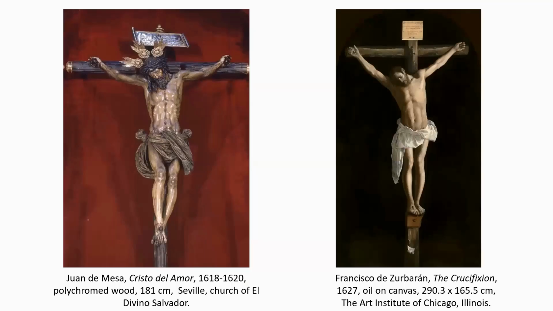Shall we move to our next set, which are also Spanish, and one is also by Zurbarán. So here we've compared a sculpture by Juan de Mesa, who was a 17th century Sevillian sculptor, and Zurbarán, who was also working in Seville at the same time and had no doubt seen Juan de Mesa's sculptures. And well, I'm going to let Richard talk about this, because I think Juan de Mesa was a rather wonderful sculptor. As some of you may have seen the exhibition at the National Gallery 10 years ago or so,